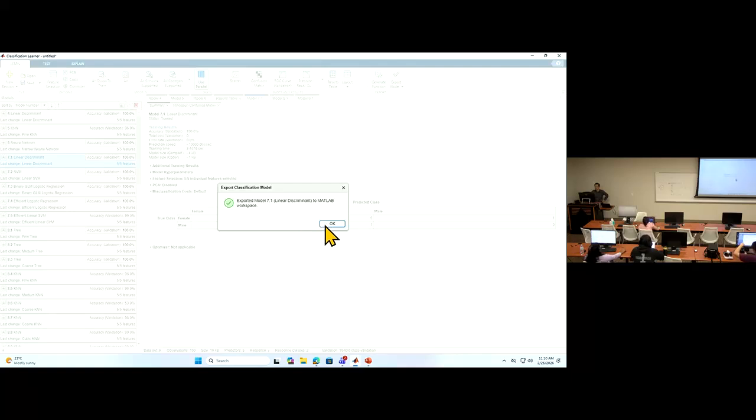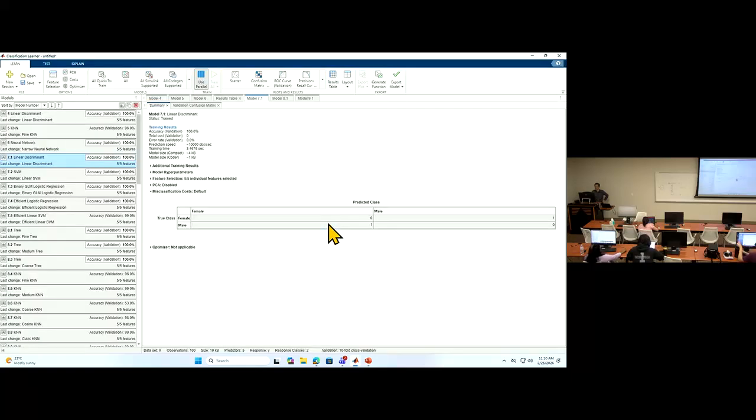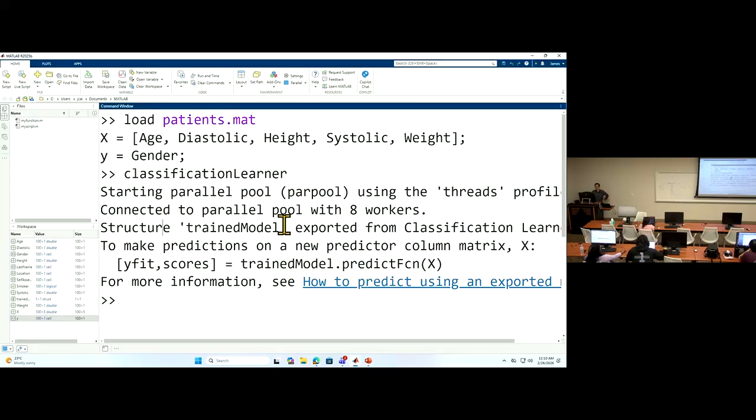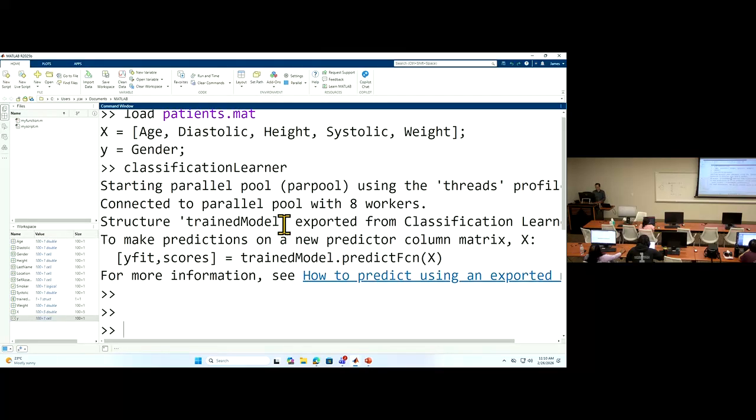Okay, so this just saved this linear discriminant model, which has been trained into the workspace. Now, in the workspace, I have this trained model already. Let me get my input x. Okay, I already have my x in there. So if I do this trained model,